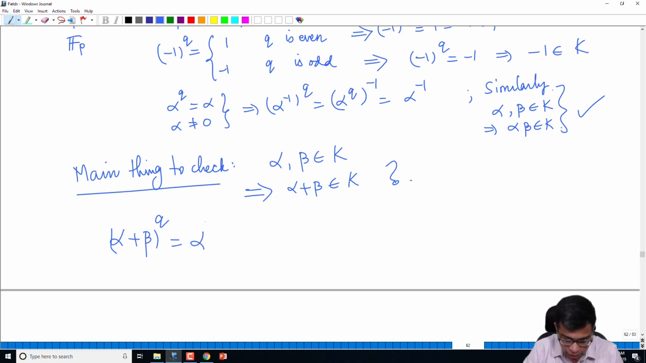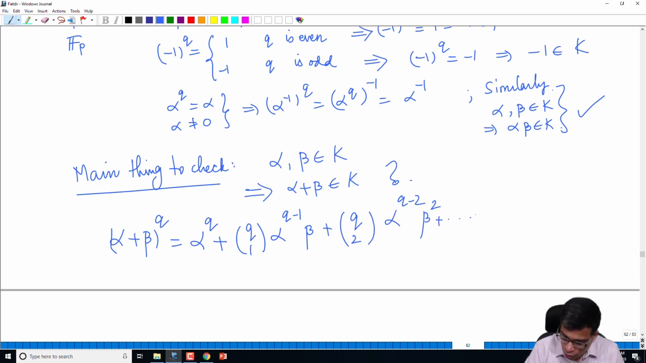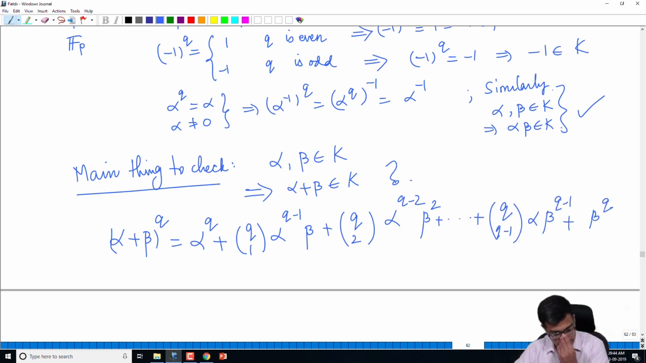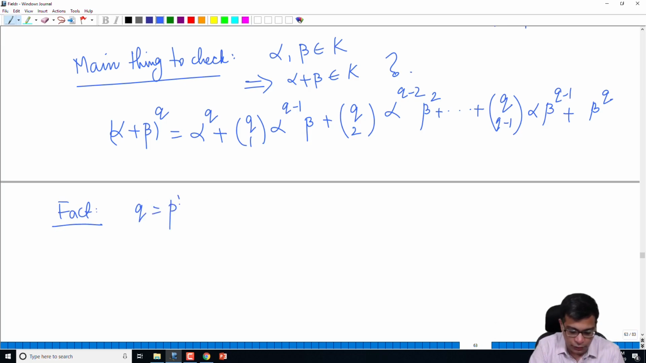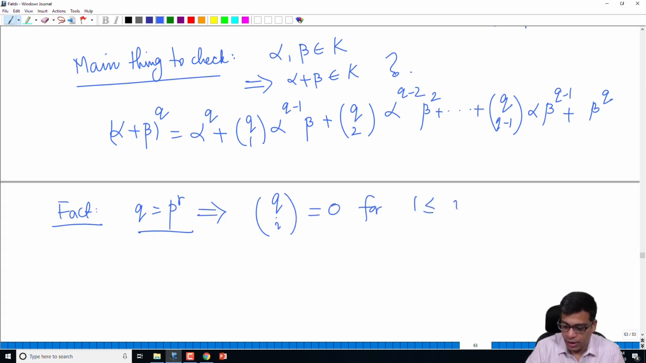If you apply the binomial theorem, you get alpha power q, q choose 1 alpha power q minus 1 beta, q choose 2 alpha power q minus 2 beta squared, and so on, q choose q minus 1 alpha beta power q minus 1, plus beta power q, right? This is the binomial expansion of alpha plus beta power q. Now this is a simple fact which I think came up in the earlier part of the course. Since q is of the form p power r, you can show that q choose i is 0 for all i between